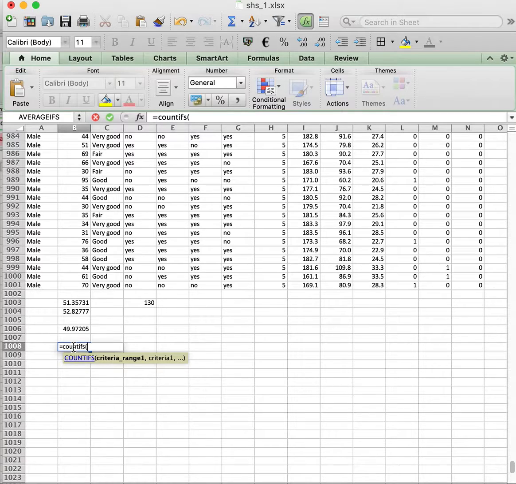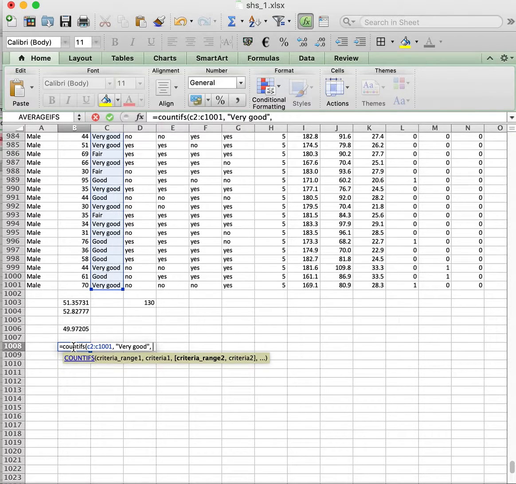Let's say it's health is very good, so that's found in cells C2 colon C1001, and the criteria is their health is very good, so type in that in inverted commas because it's some text, another comma,